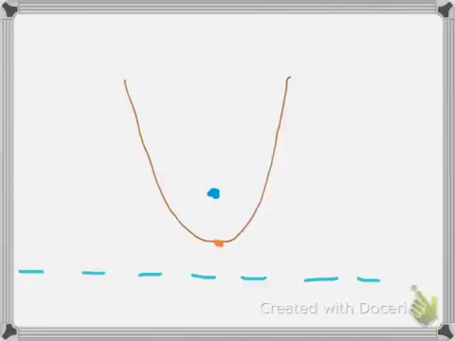So for example, this point here, this distance is the same as this distance. Now it's not drawn